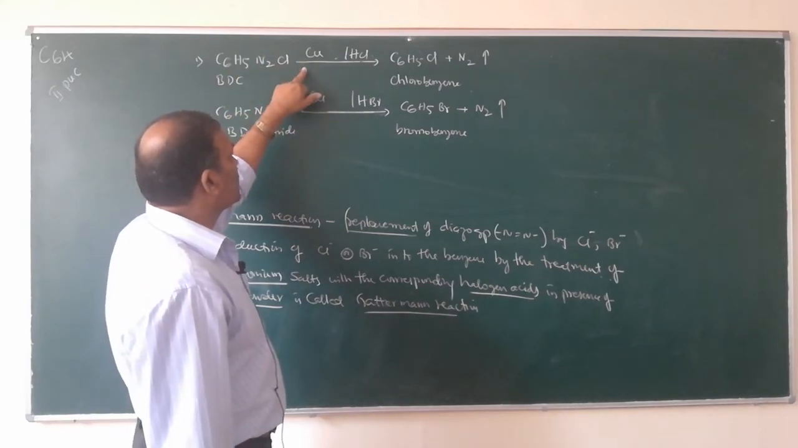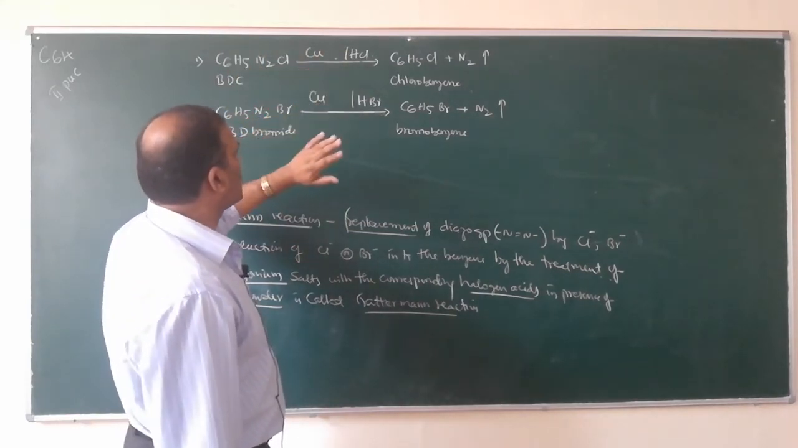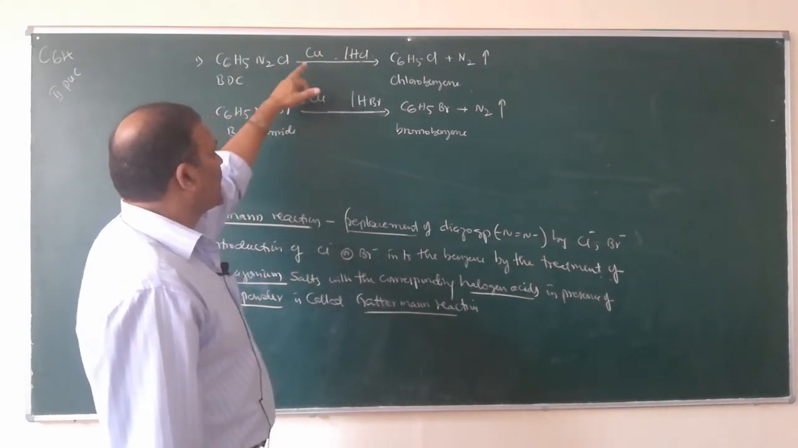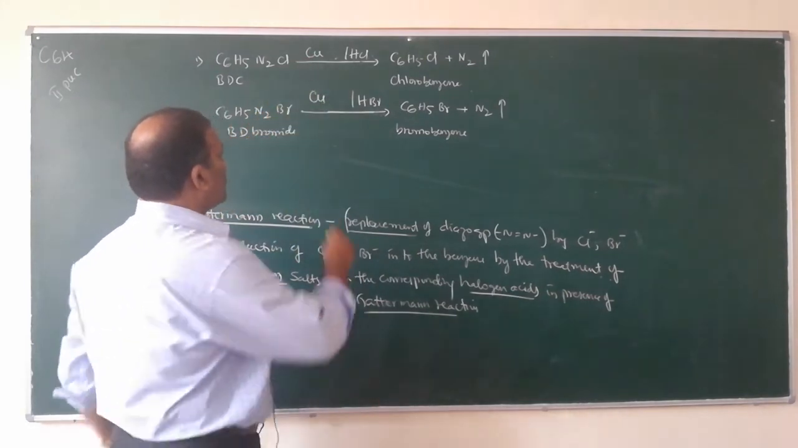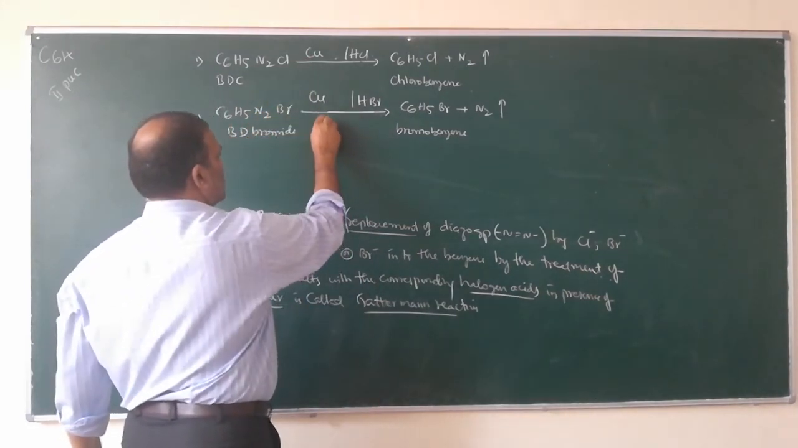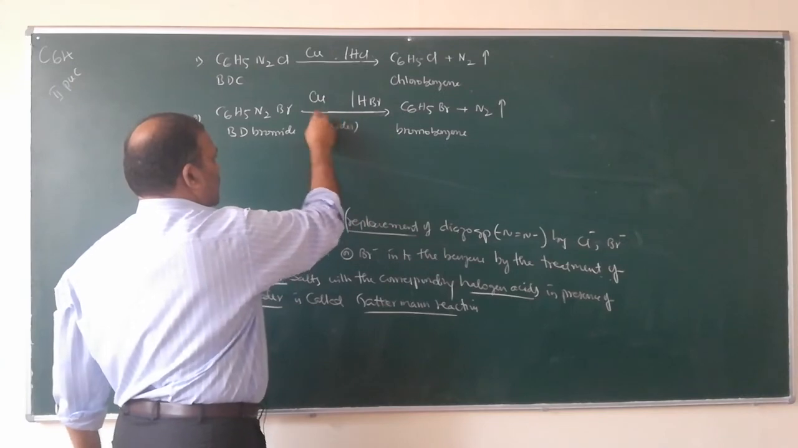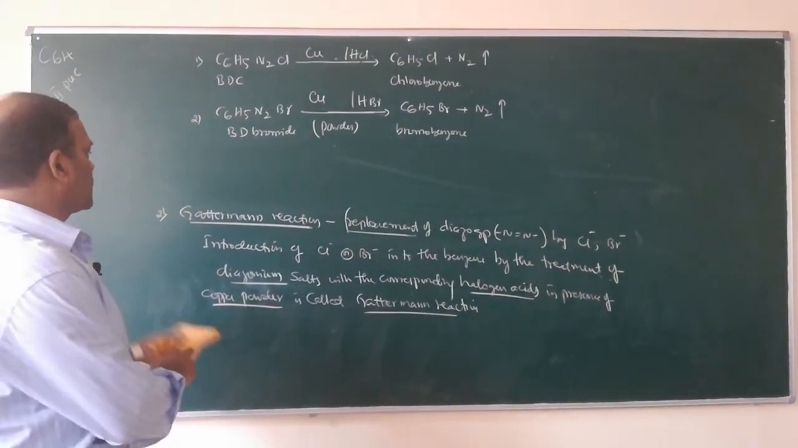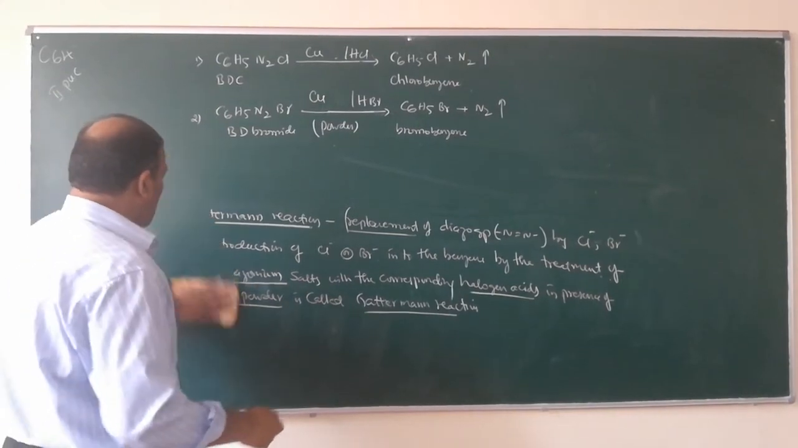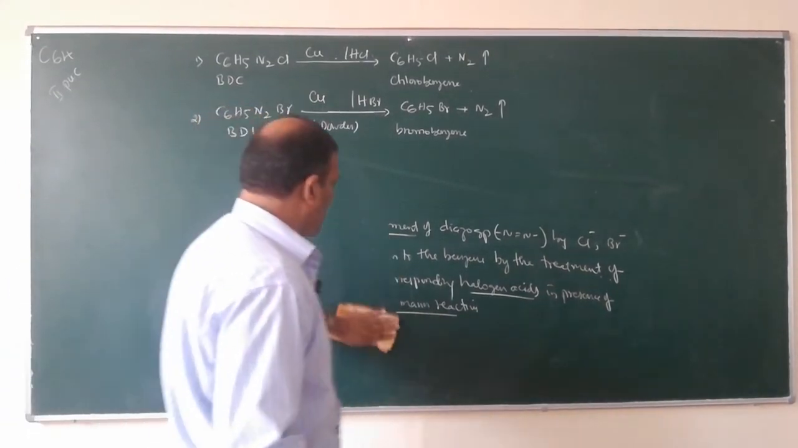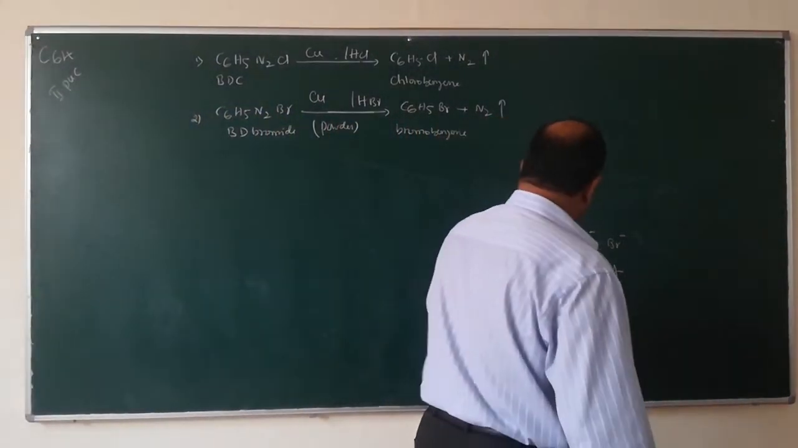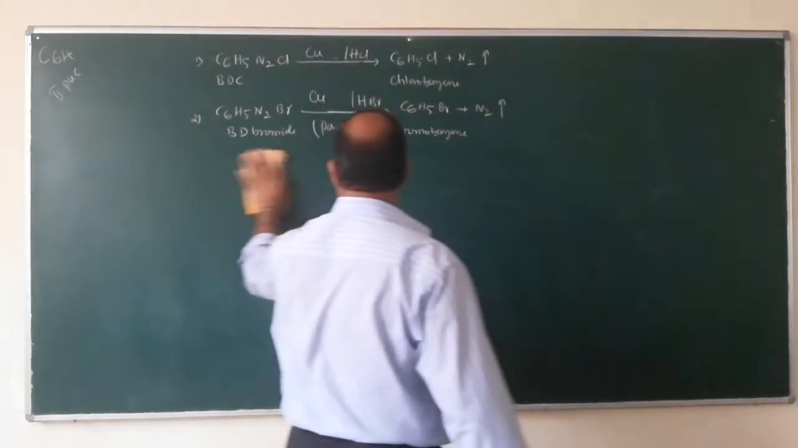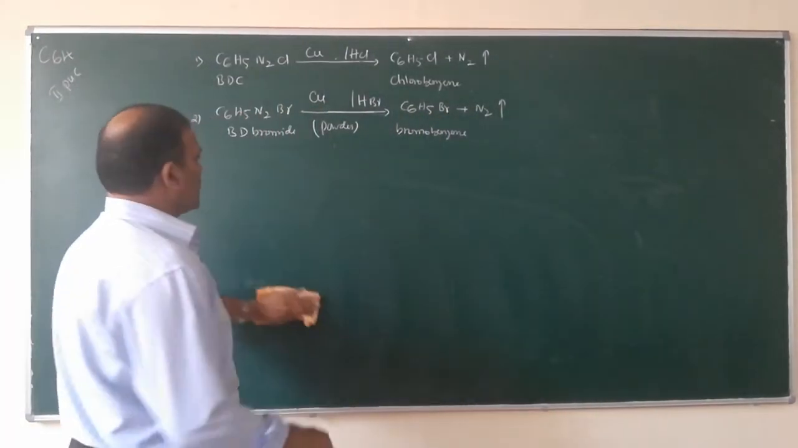In Sandmeyer's reaction, it is in presence of cuprous salts. In Gattermann reaction, it is in presence of copper powder. This is copper powder, that is important. So this is the difference between Sandmeyer's reaction and Gattermann reaction. So next,